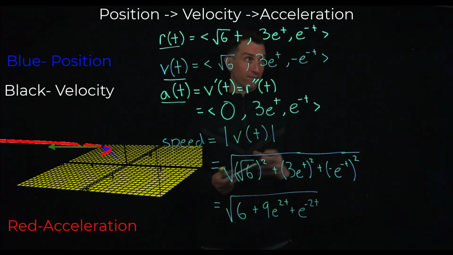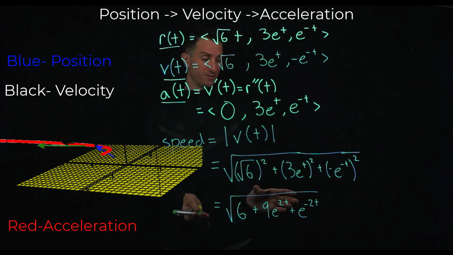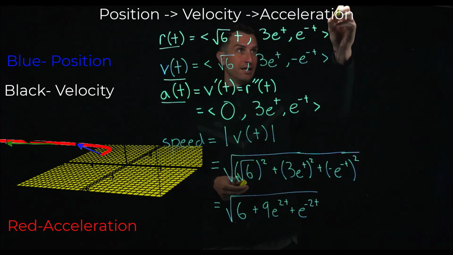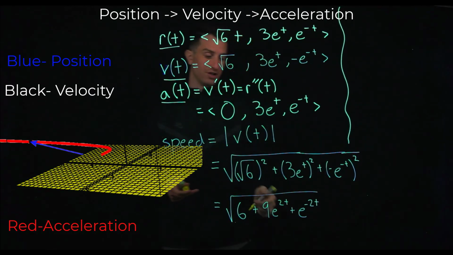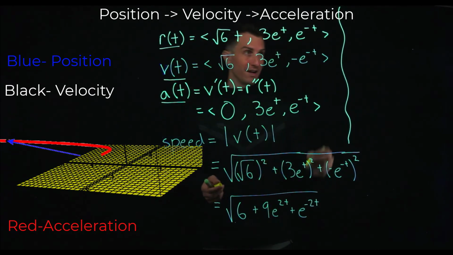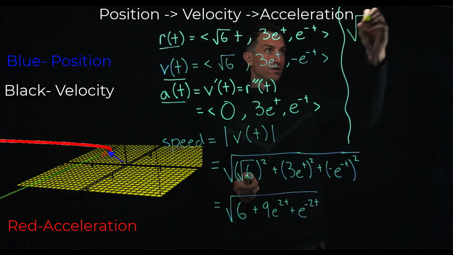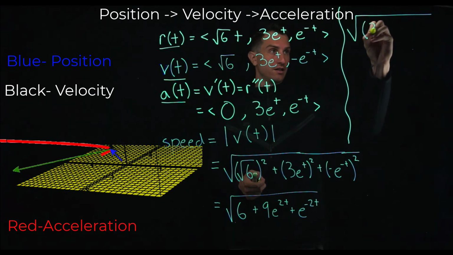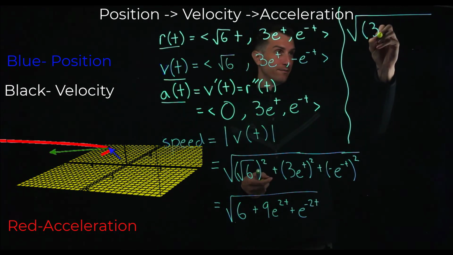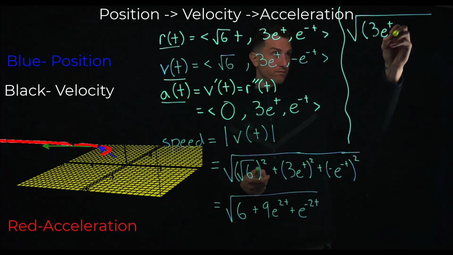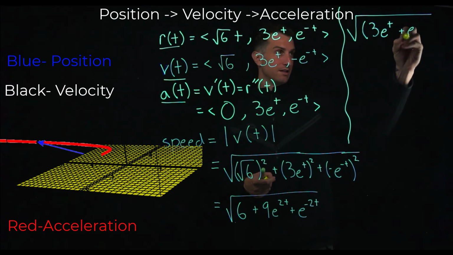Now I'm going to show some side work. This is a very acceptable answer here. That is totally fine. I'm about to do some side work over here, so we'll draw a line. If we wanted to do an algebraic simplification to make it look a little bit nicer, we can recognize that we'll write it this way: the square root of 3e to the t plus e to the negative t